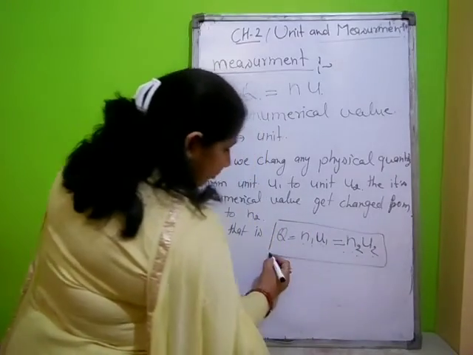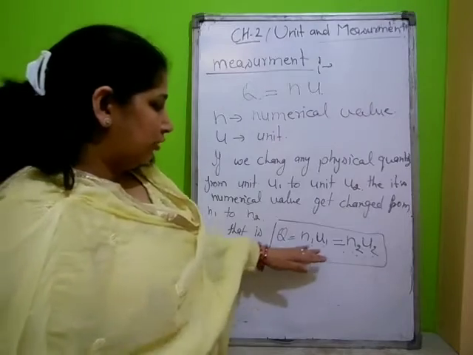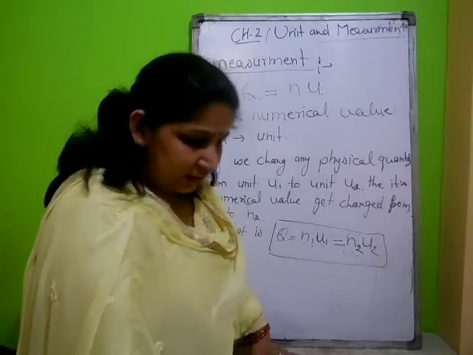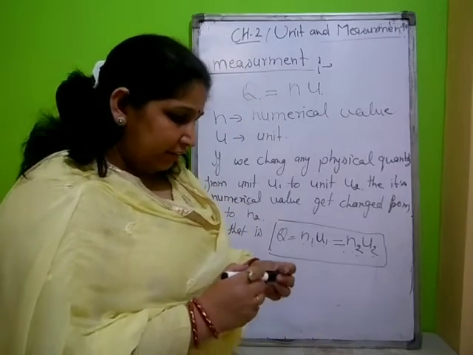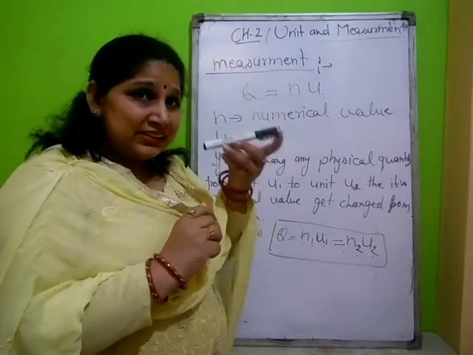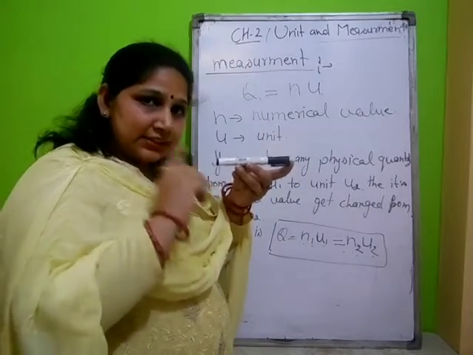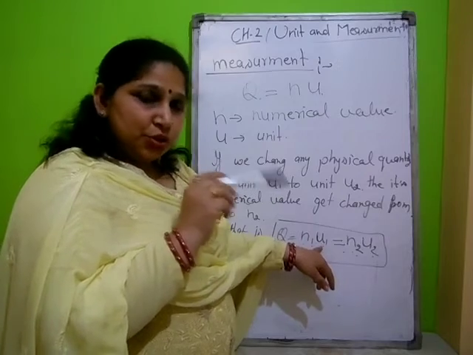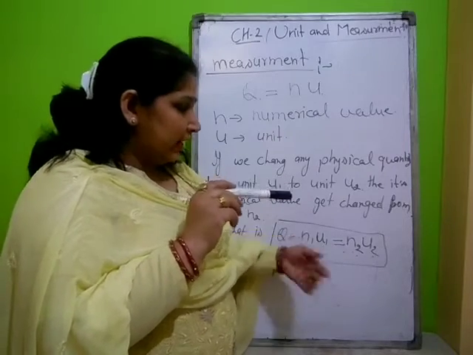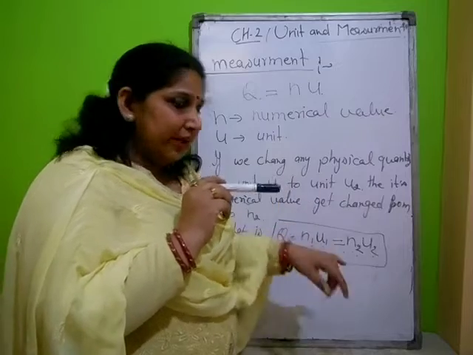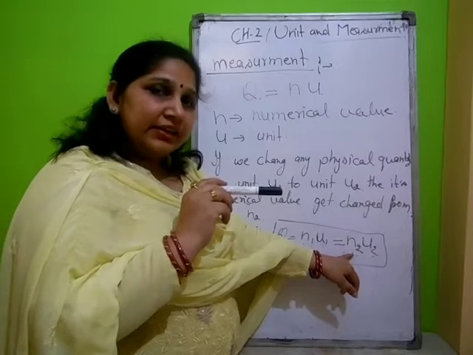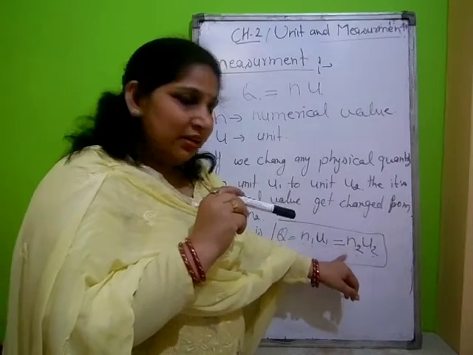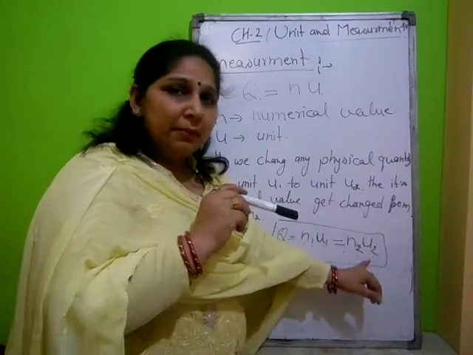This is the form of measurement. It means that on measuring any quantity we have two terms, one is numerical value and the second is unit. Suppose the length of this pen is 6 centimeter, then 6 is the numerical value in the first system and centimeter is the unit in the second system. And now I will change it to the other unit, millimeter, then it will be 60 millimeter, meaning 6 is replaced by 60 and centimeter is replaced by millimeter.